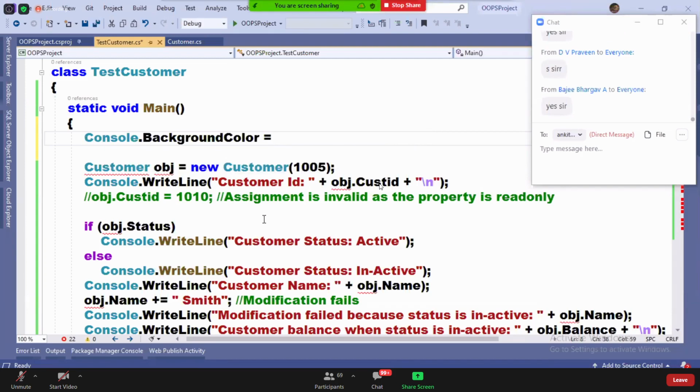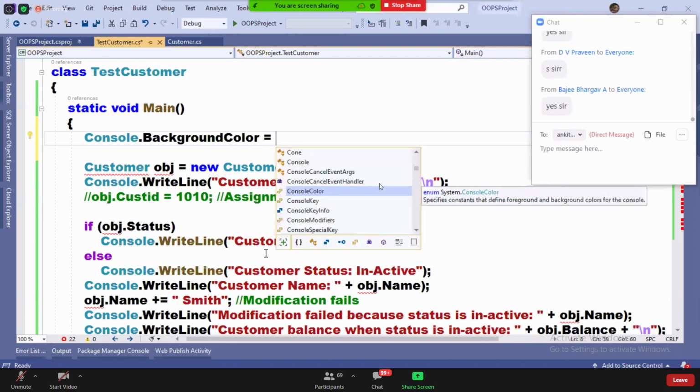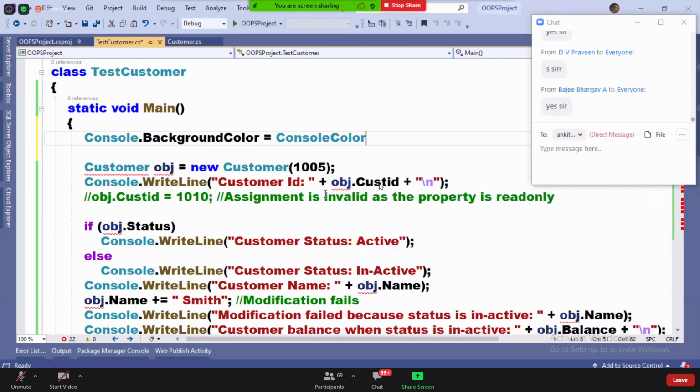That's why, without confusion, see this, guys. When I try to assign a background color and say is equal to, and give a space, immediately one item is highlighted here. And when I say dot, it shows me the colors which are supported.